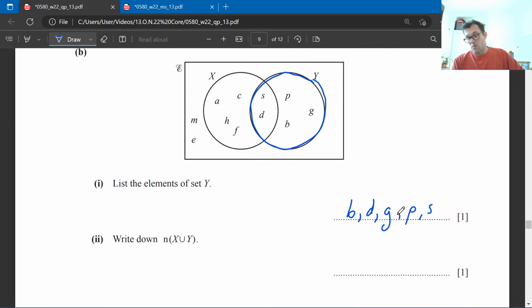Right. Part 2. Well, there's a little N there. This is a different N. Okay, this means the number. Number. So how many letters? The number of letters in this case, in X,